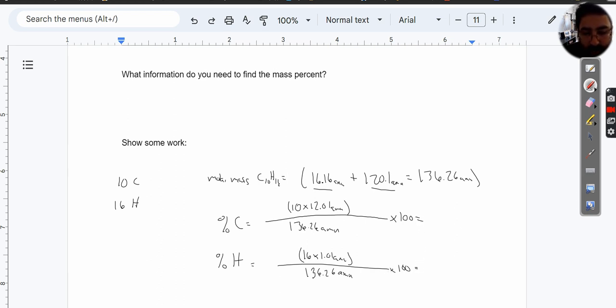So right here, this one is 88.14%, and then the other one is 16.16 divided by 136.26, multiplied by 100, and you get